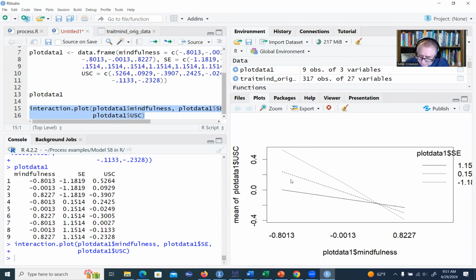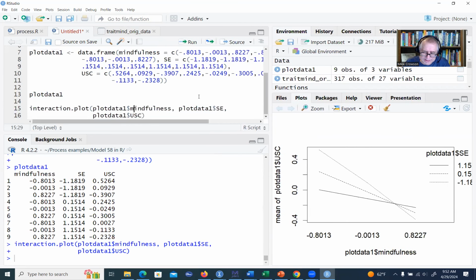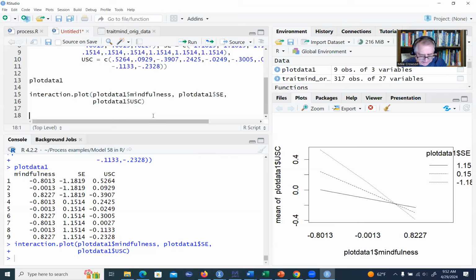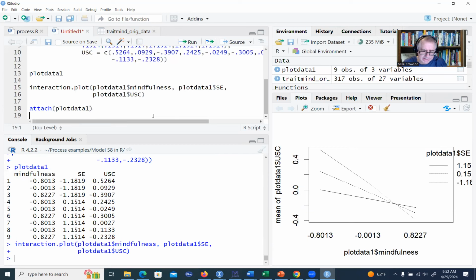You'll notice that plot data 1 is showing up for the variable names. That's just because when we typed in plot data 1, then $, we follow that up with the variable that's referencing the data frame. So if we want to get rid of that part of it, one thing that we could do is actually use the attach function. I was kind of messing around with this. We can type in attach, then refer to plot data 1. So we attach the data frame, and then